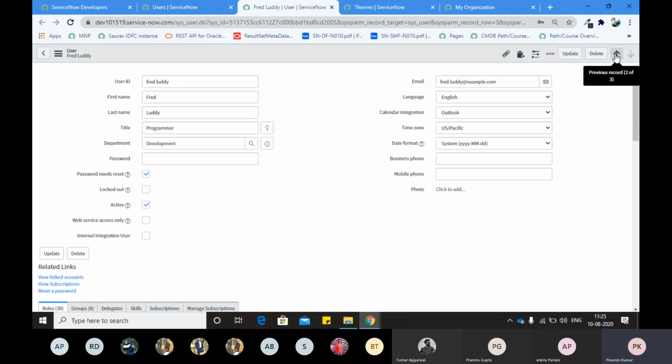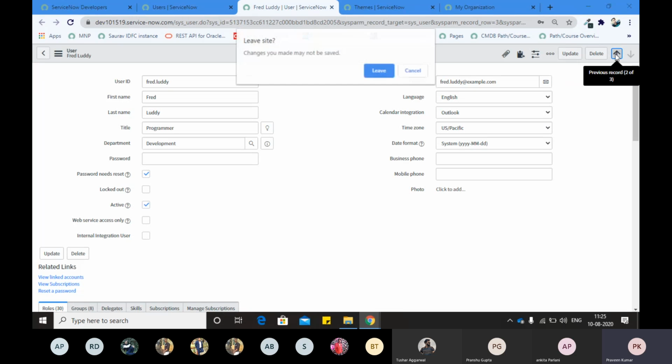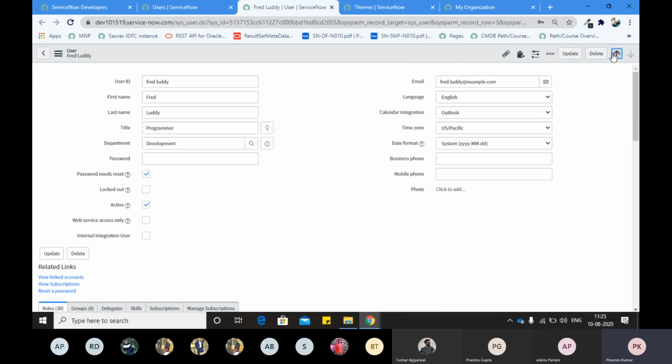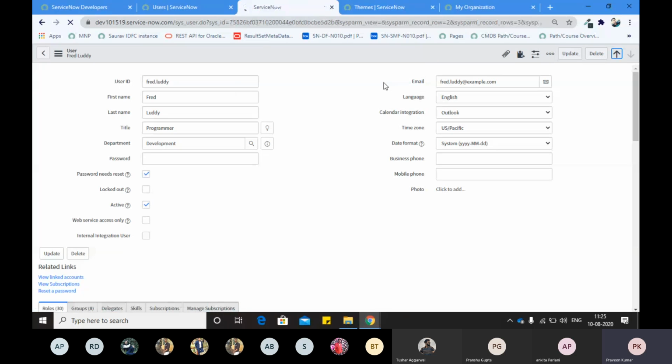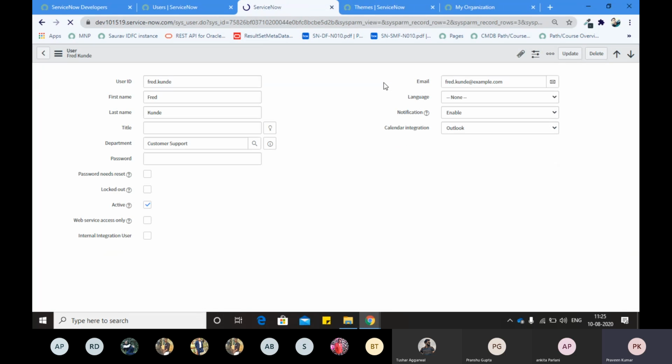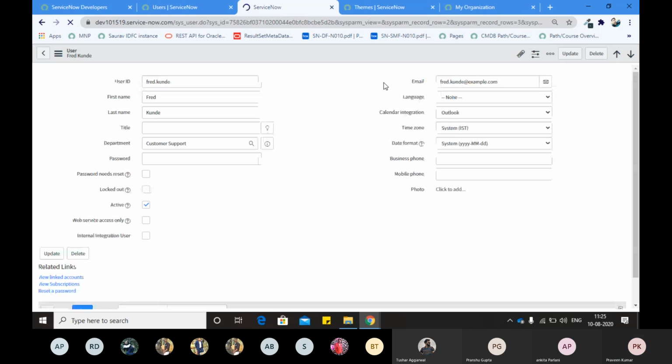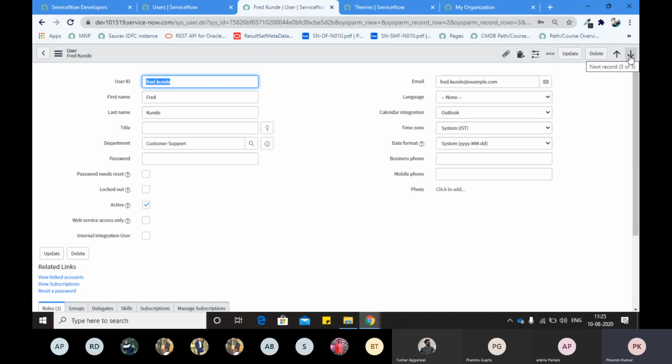This is the way we can go back to the previous record, or we can go forward. This takes me to the previous record, which comes before the current one. This is the way I can move to the record I was on just before this particular record, right?